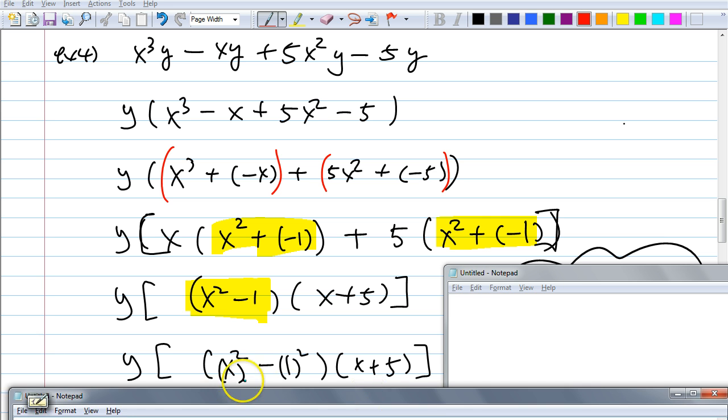So, do you see better now if I write it this way? Something squared minus something else squared? It's 1 squared, right? So, what does this then become? John? X squared minus 1 squared? It's a difference of squares, so how does that factor? X